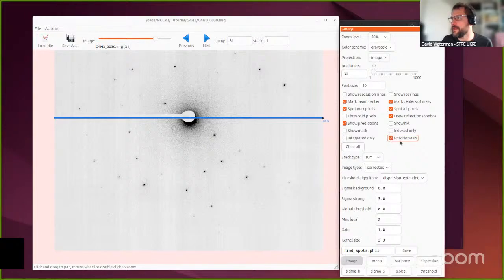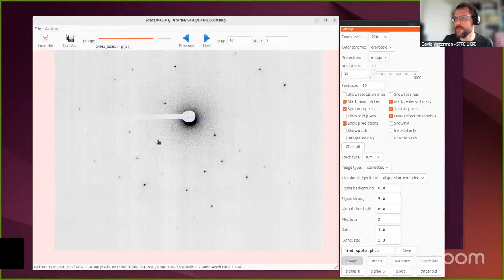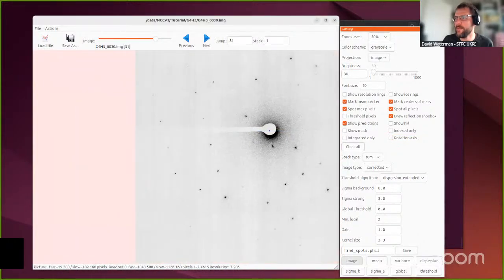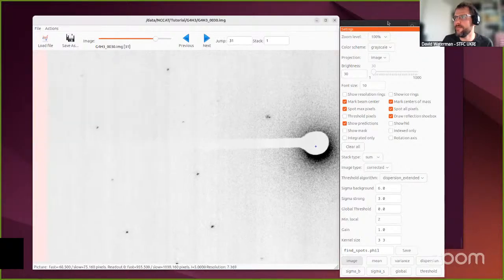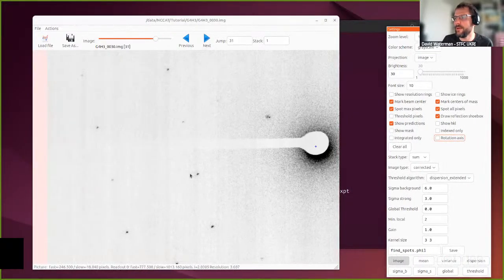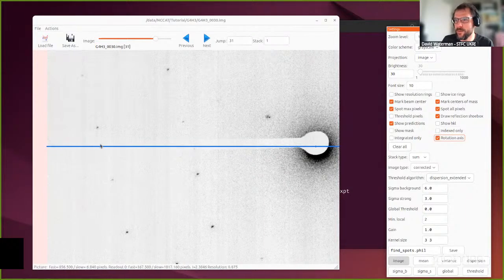I wanted to show, no, tell you what. First, I'll make a mask, because what's quite clear about these images is that we have a backstop shadow. Now, I wouldn't worry too much about that because it's aligned with the rotation axis, and because